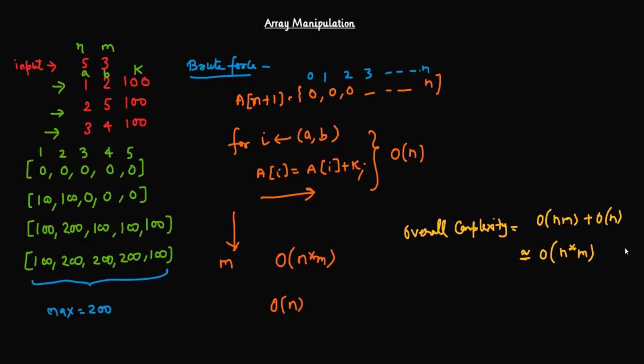Like our overall complexity is O(n)m. So here we are discarding O(n). And we know O(n) is the time complexity for getting the maximum. So we know it doesn't make sense to optimize this code because anyhow this complexity is there. So you have to find out how to reduce this, not this. You have to work on this part.